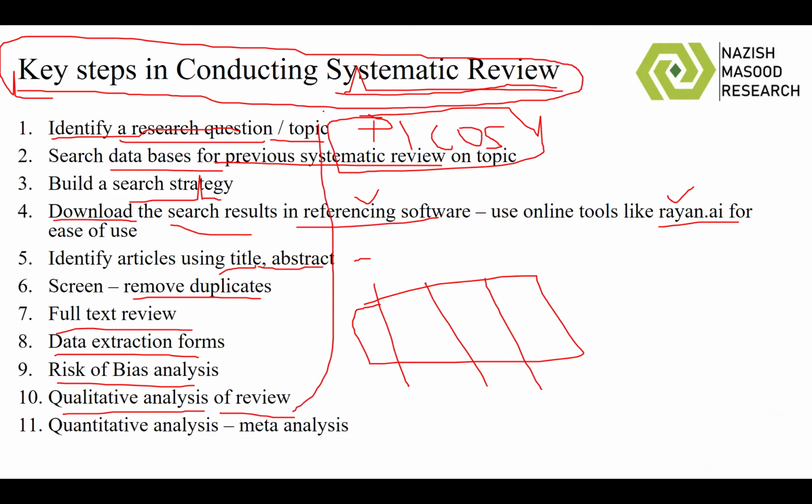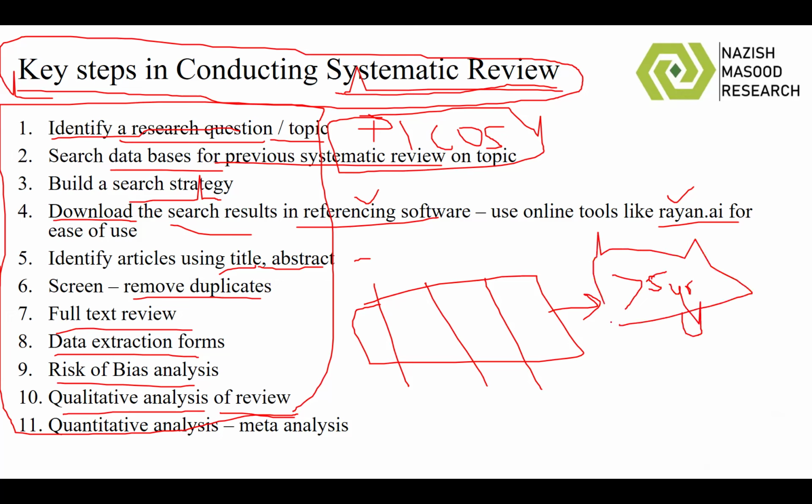So right now we are here. We have done all this. And like I've said, if you are a novice and you're starting off early, the best way to do a systematic review is to copy one that has been done more than 5 years ago. Any systematic review that has been done more than 5 years ago, you can do it if it has not been repeated. Why? Because if you take up a meta-analysis or systematic review that has been done before, you already know that that topic has been published. So if you do something around that topic, it can be published. Secondly, you know that there is enough data available. And then you also have a reference article to go back to every time you get stuck at any part